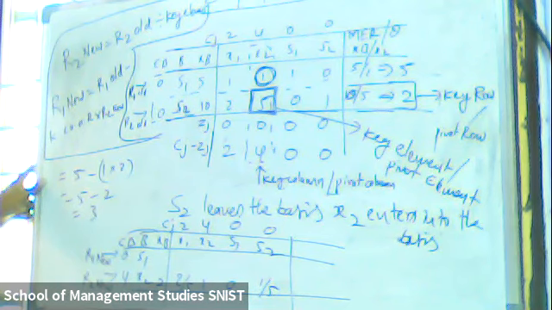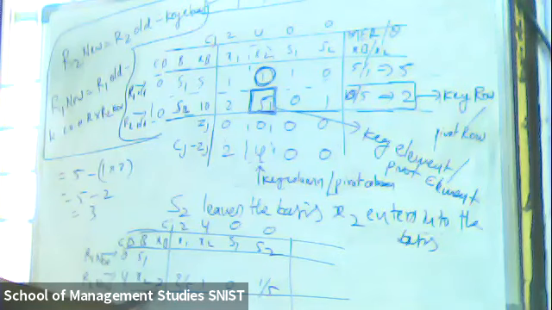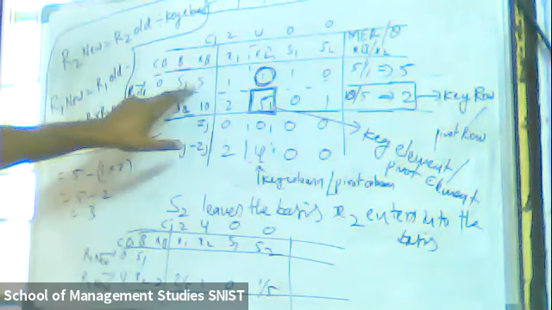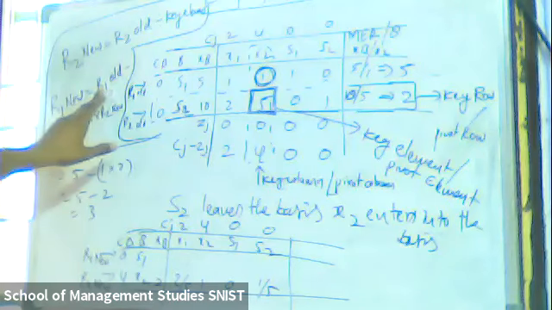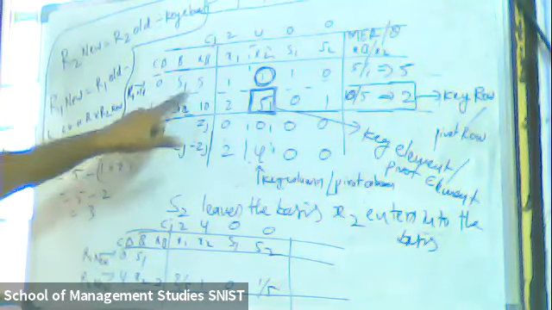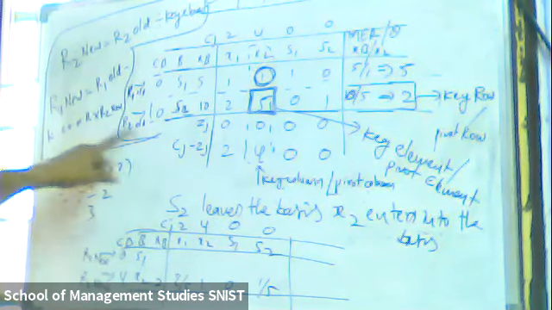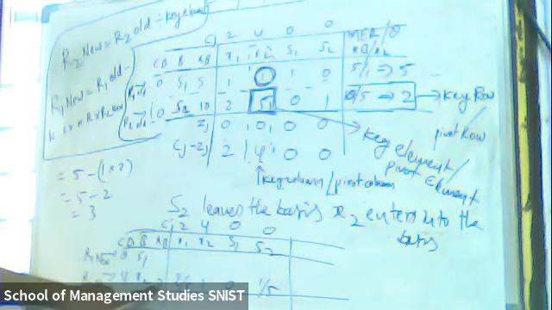Is it clear? Sir, how did we get 2 over there? 1 into 2. R2 new, 2 by 3. R2 new value. To find out this value, I am considering R1 old value 5 minus the key column value of that corresponding row, 1, into R2 new value. How much? R2 new value is 2. That's it.